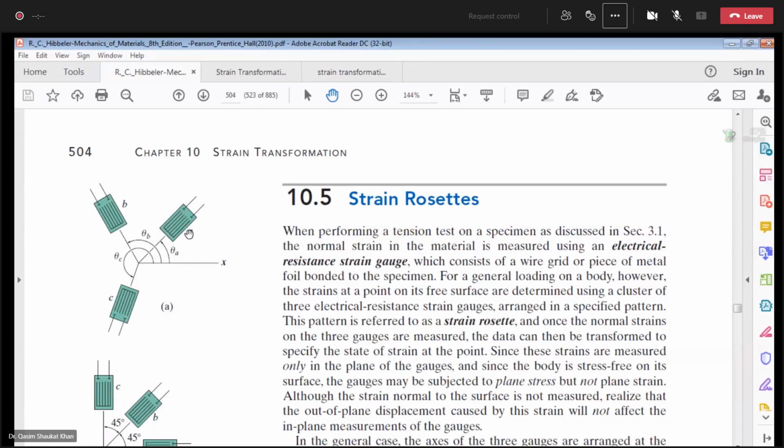These strain gauges will give you values of strain. Strain gauge A will give you a strain epsilon A, strain gauge B will give epsilon B, and strain gauge C will give epsilon C. So these three values will be known to you. The other three values will be theta A, theta B, and theta C. Guys, when you are measuring the values of theta,